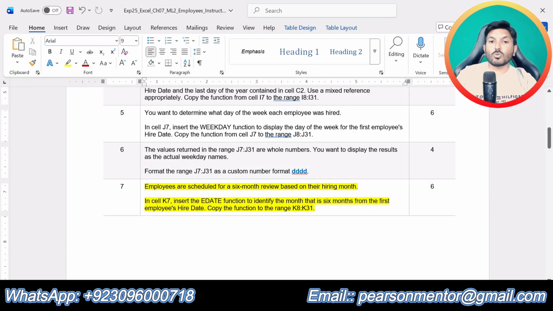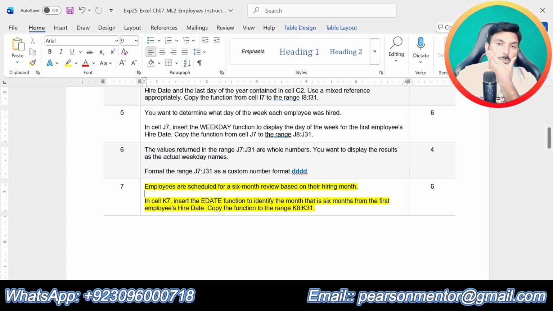Employees are scheduled for a 6-month review based on their hiring month. In cell K7, insert the EDATE function to identify the month that is 6 months from the first employee hire date. Copy the function to the range K8 up to K31.